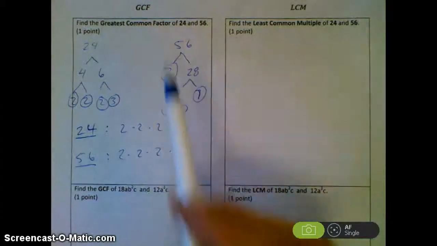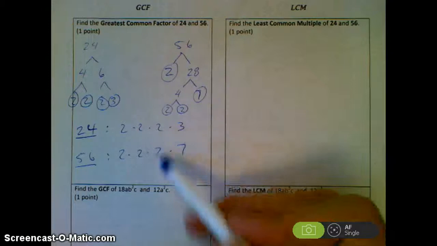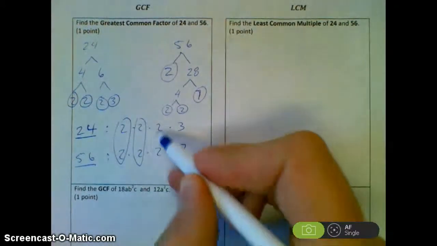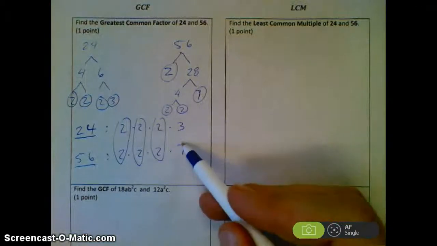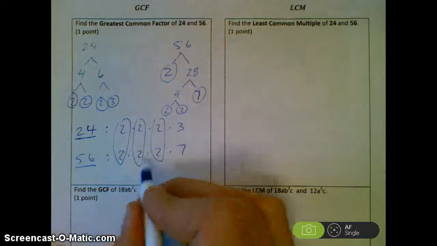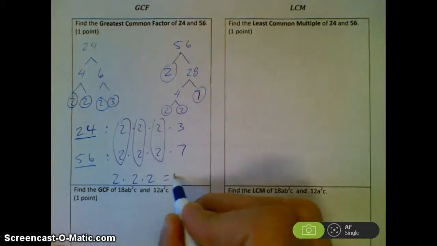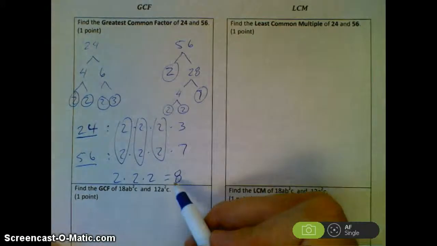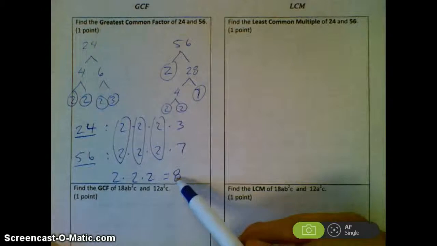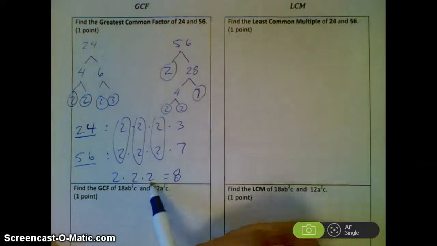Now, to find the greatest common factor, I need to match up the factors that appear in both lists. So I've got a 2 and a 2 and a 2. 3 and 7, they don't match up with anything. So my greatest common factor, I take these and multiply them. 2 times 2 times 2, and I get 8. My greatest common factor is 8. It is smaller than both numbers. Notice it is smaller. I had to multiply factors together, but I came up with